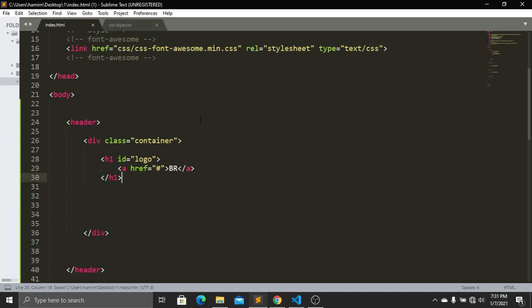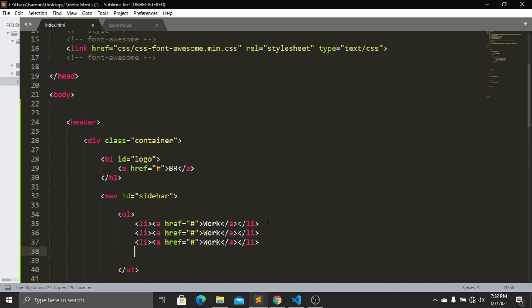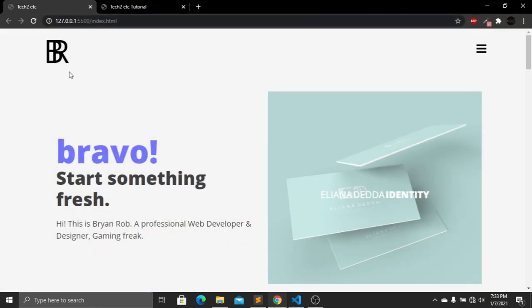That's it. And underneath this h1 we have to create a nav tag, and let's give an id also, and the id will be sidebar. That's it. And inside this nav now we have to create an unordered list, and inside this list we have to create some list tags also, and inside this list tag let's create an anchor tag also, and here it will be hash, and our first one will be for our work. Let's copy this line from here and paste it here, and this one will be about, blog, contact. That's it. Now save, go to our website, and now refresh,